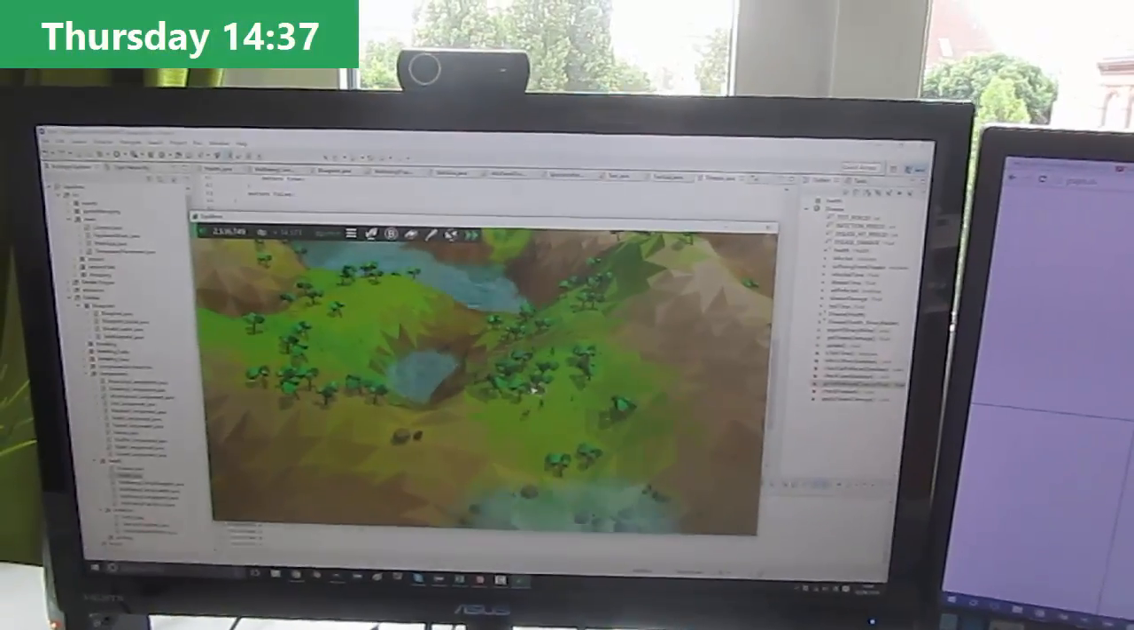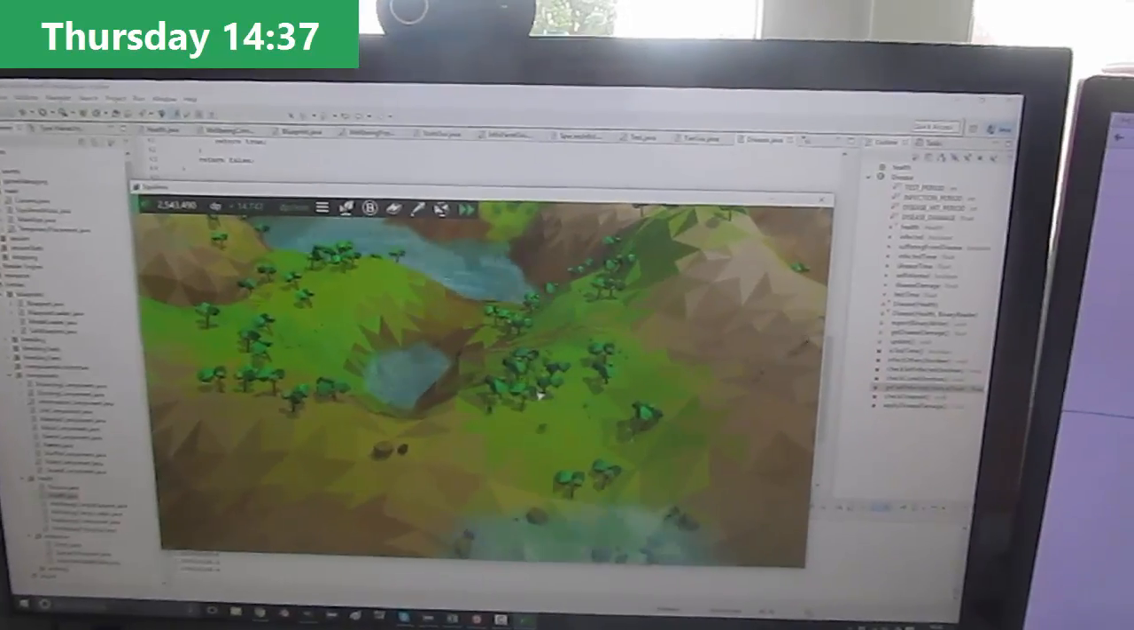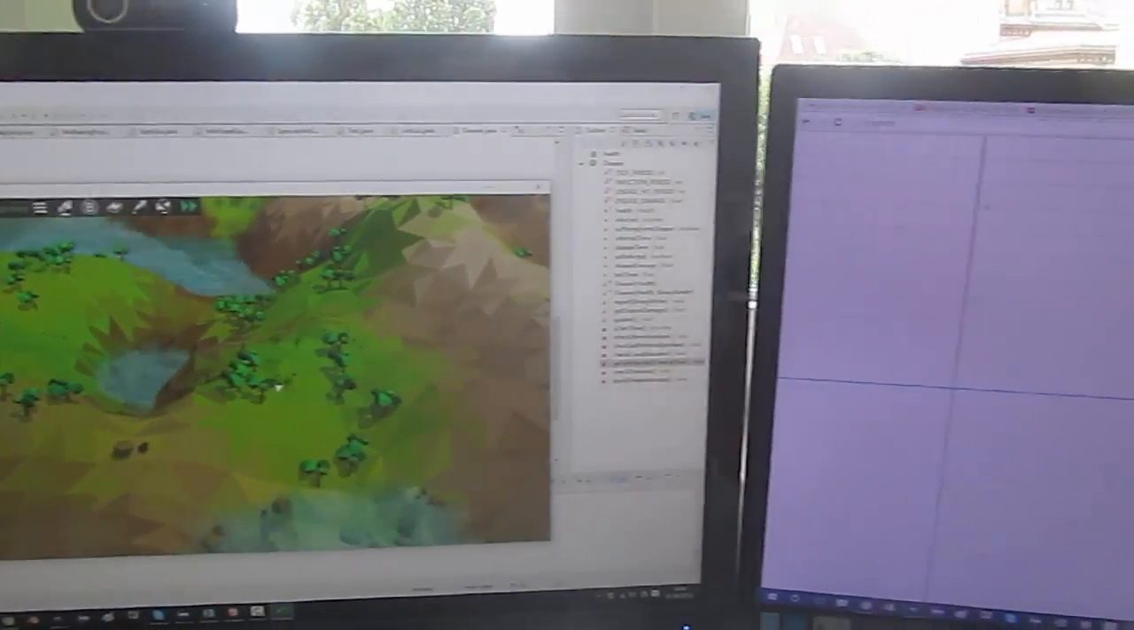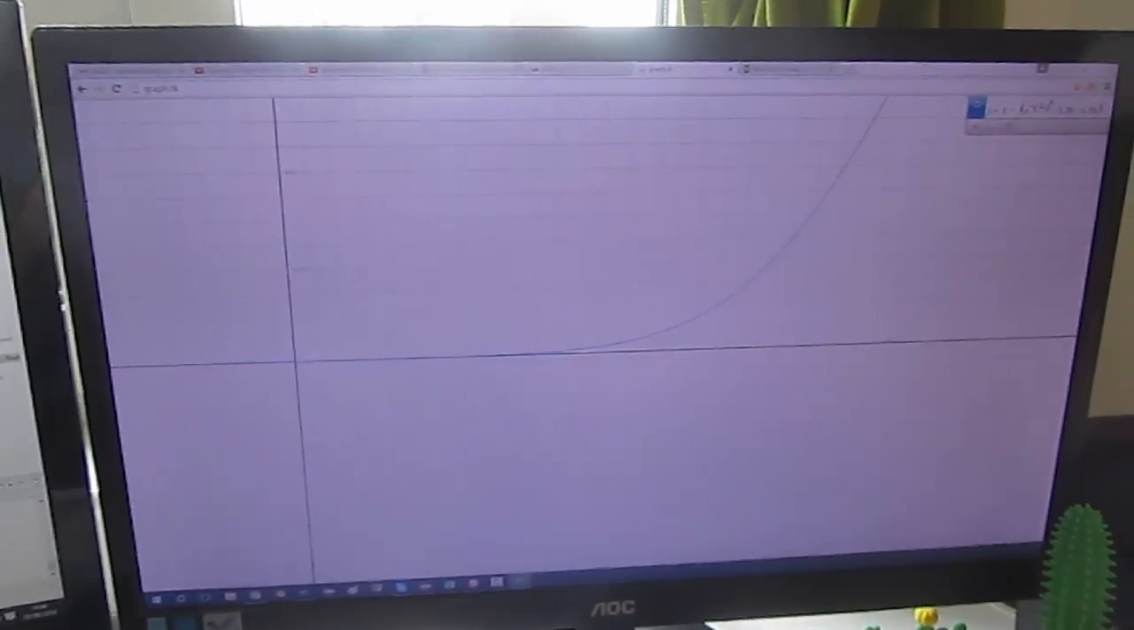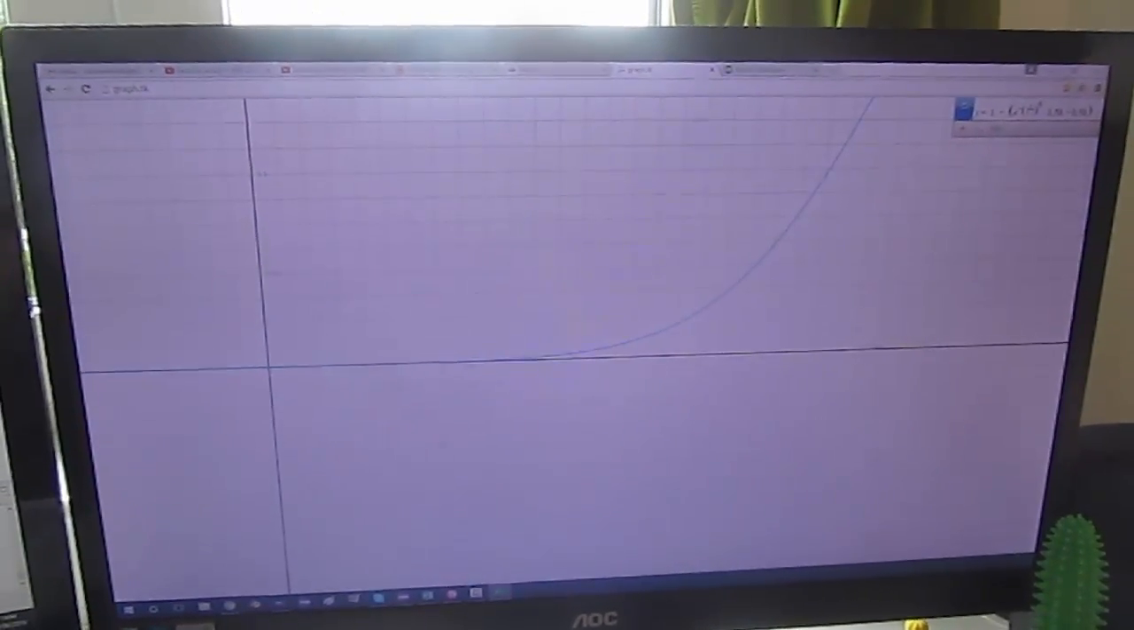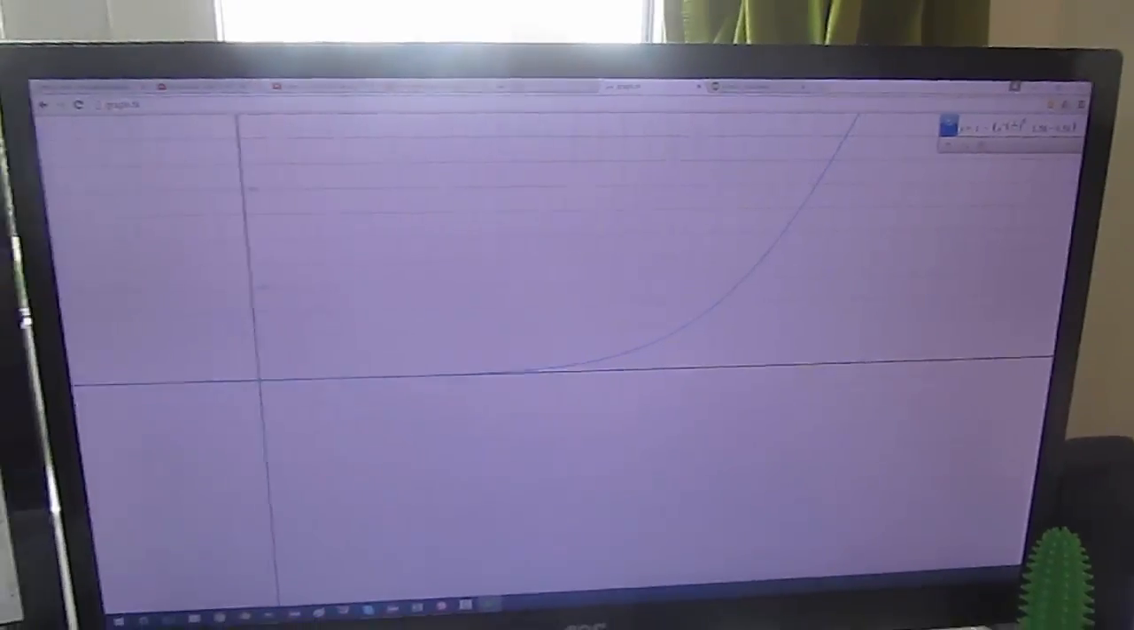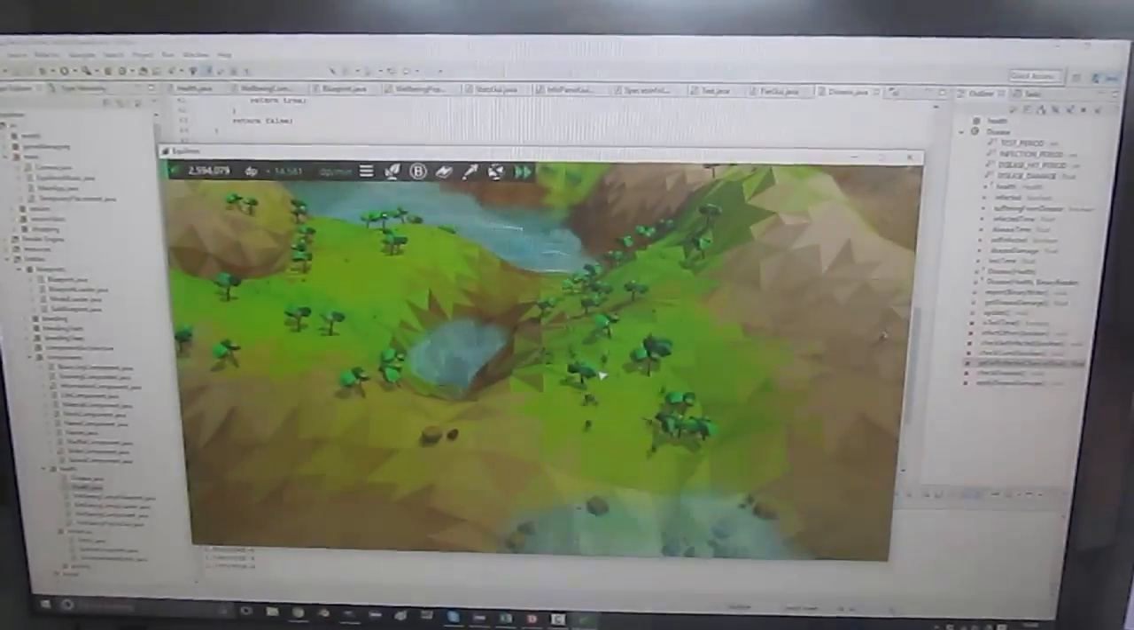Back to work after lunch now, and at the moment I'm working on some calculations to determine how likely it is for an entity to get diseased based on the entity's health, because I want it so that the entities that have a lower health have a much higher chance of getting a disease. So at the moment I'm just working on those calculations and trying to find some nice values to create a